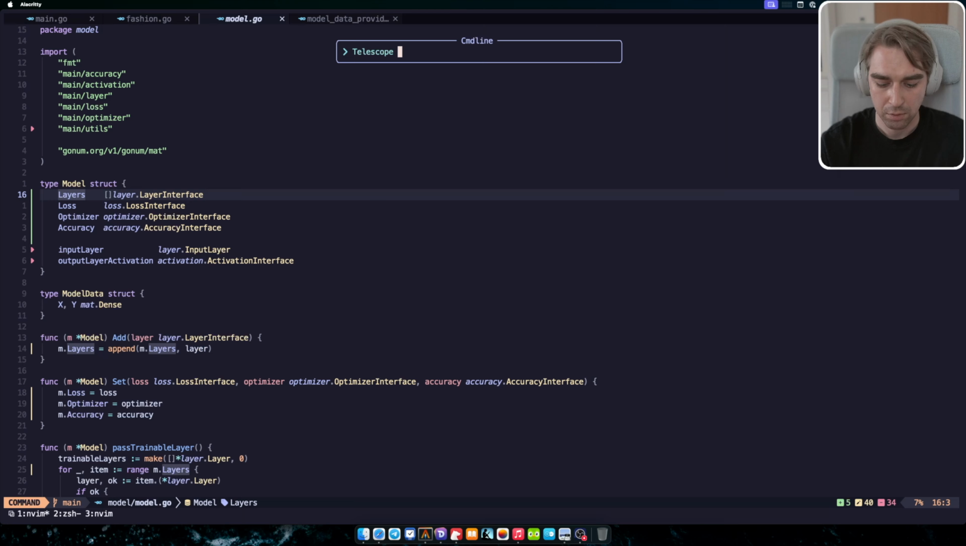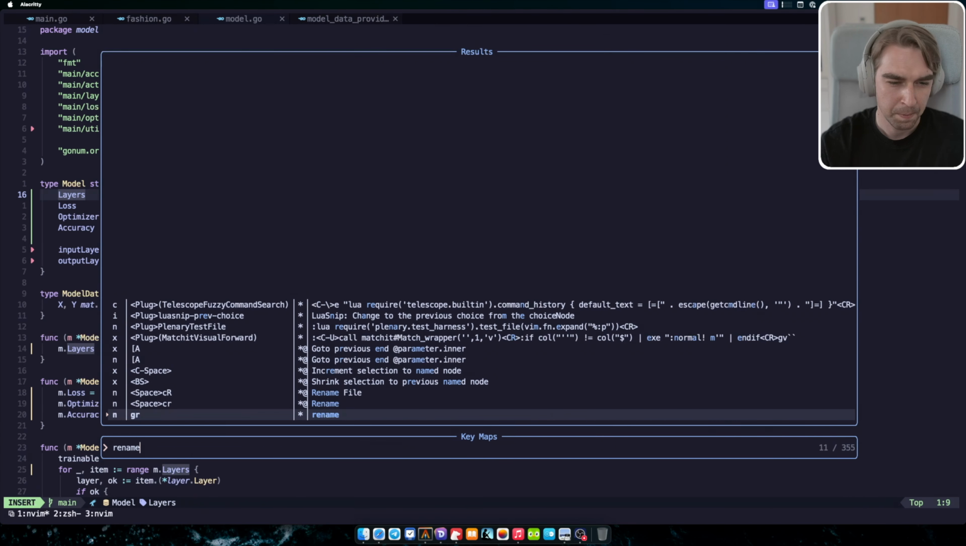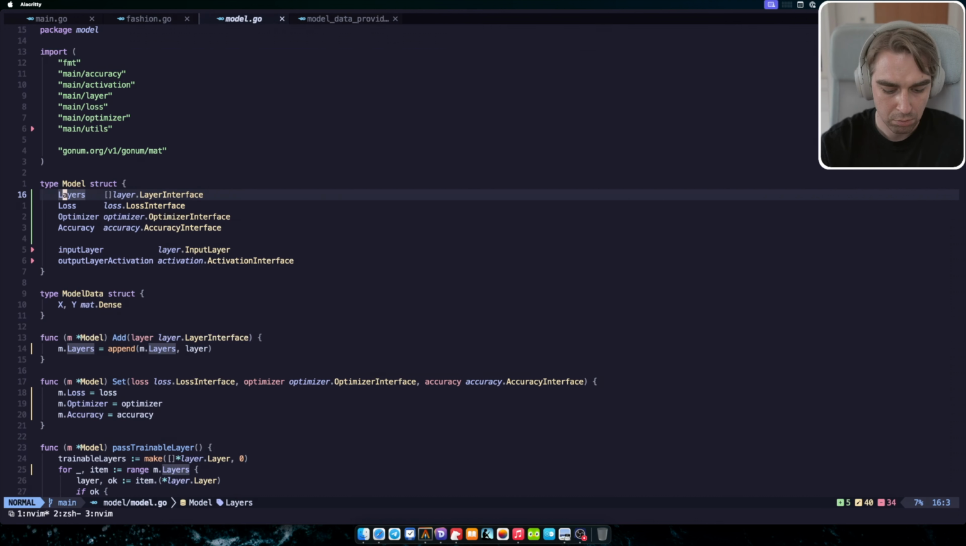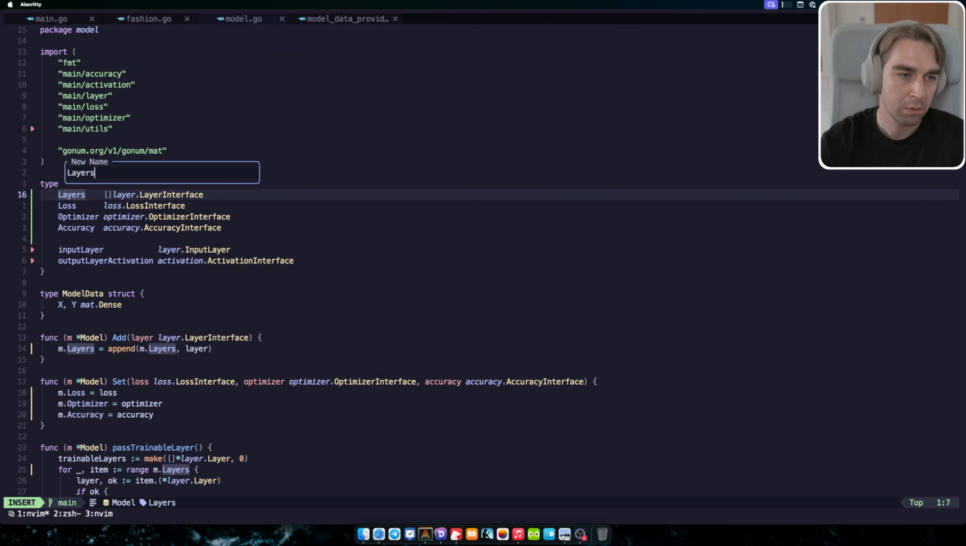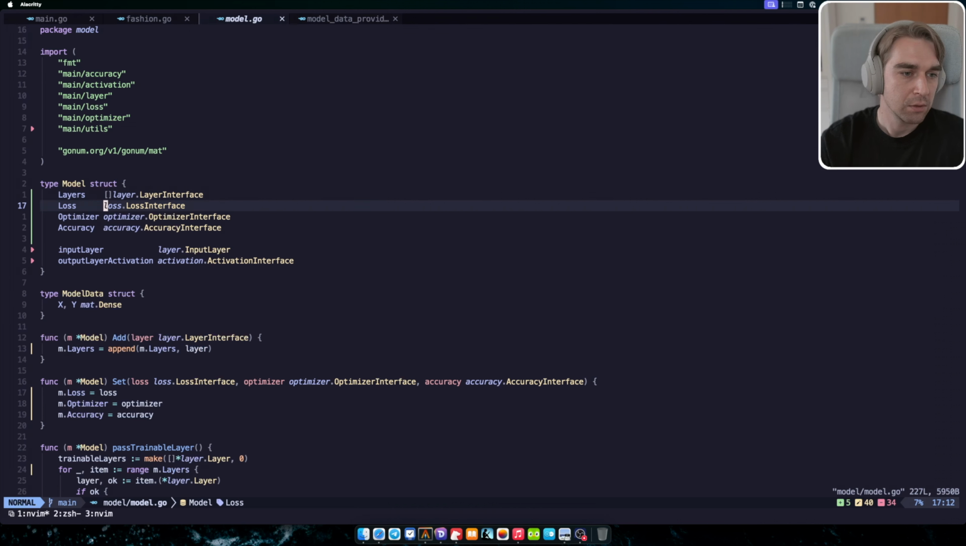Telescope key maps rename space yar. Okay. Okay. And that will be the internal one. Then